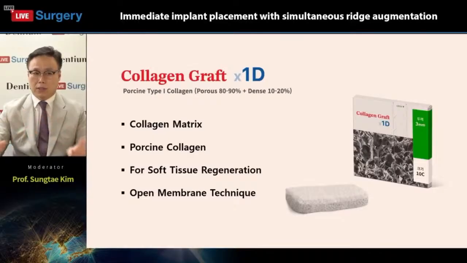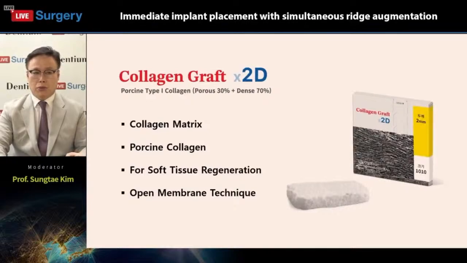Generally, when we apply the collagen matrix for the purpose of the barrier membrane, my preference is collagen graft X1D. So we can use this one also as a barrier membrane, also increasing the thickness of the soft tissue. X2D, I didn't use the X2D for this specific patient, but we can use this one for several different purposes. First is substitute of the